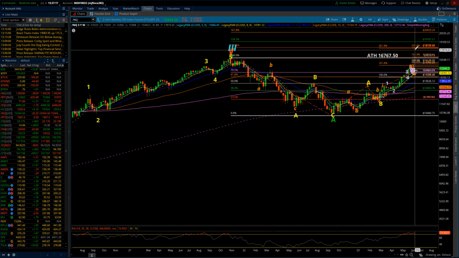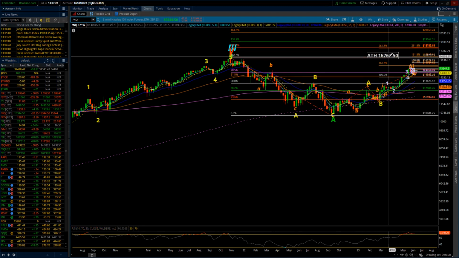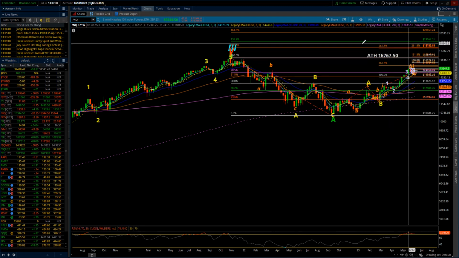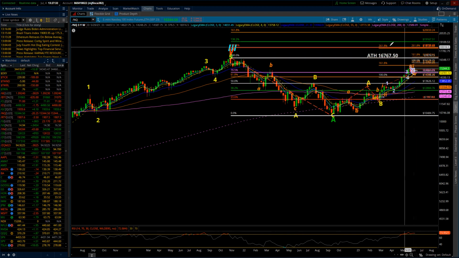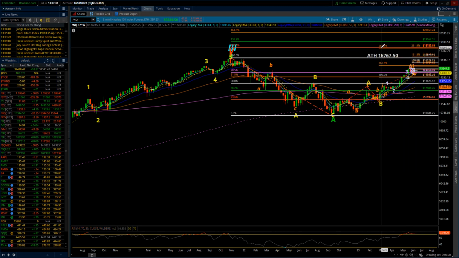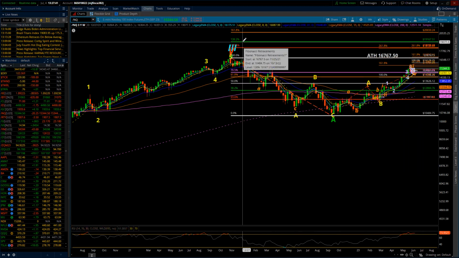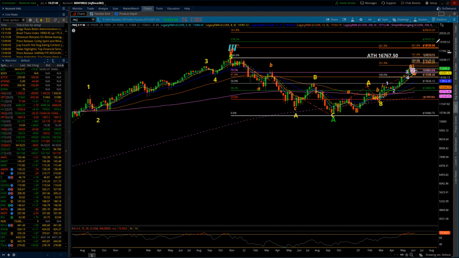So should we get this burst out of all of this, and we start getting beyond the all-time high as it stands right now at 16,767.50, well, that's your first level. And we have a trifecta of fib resistance. Doesn't necessarily have to equal 1.382. That would be the next level, but I got nothing to agree with it.